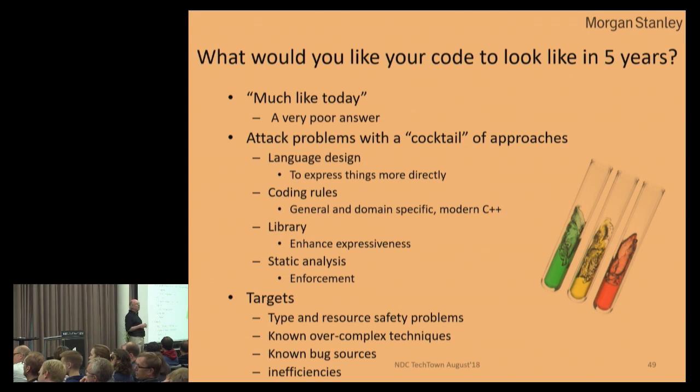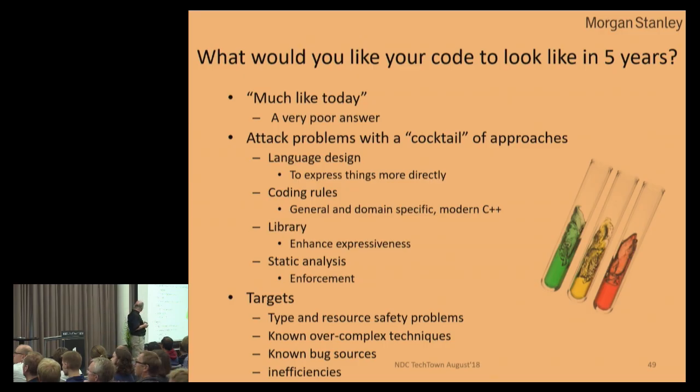We want to go after known complicated techniques. You look to the web and there is no shortage of people showing how clever they are. And that leads to complicated code and complicated techniques. We would like to point out when this has gone overboard. I mean, the way I optimize code these days is first I throw away all the clever stuff. That's usually the complicated stuff. It's the one with all these fancy pointers going left, right, and center, and clever uses of multi-core, things like that. Get rid of all of that and see if it's good enough now. If not, we start building the clever stuff back again, but in a reasonably good way.